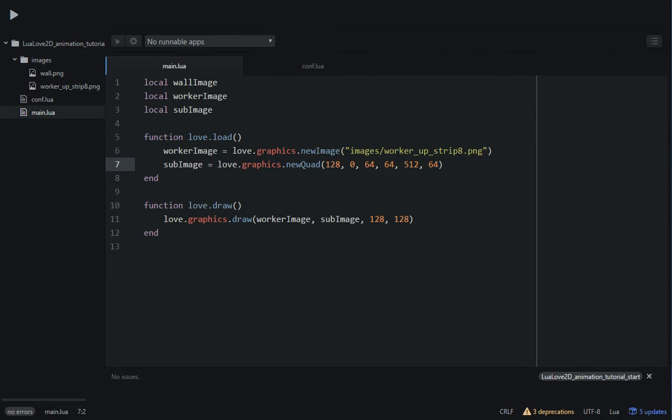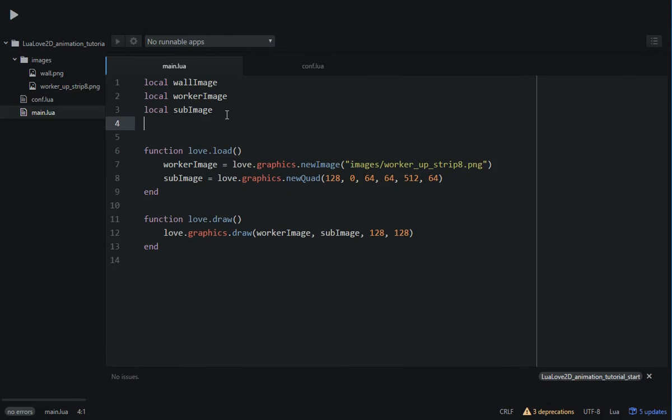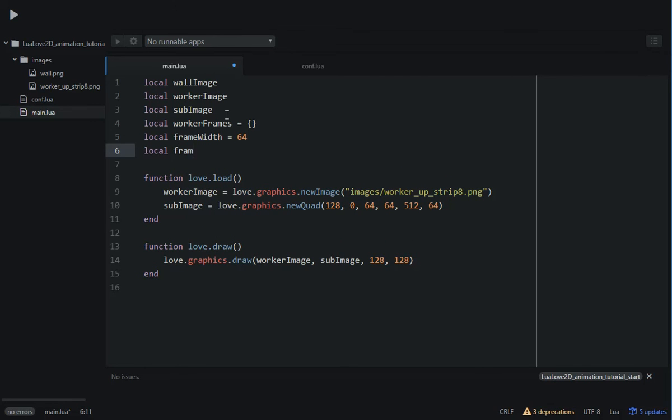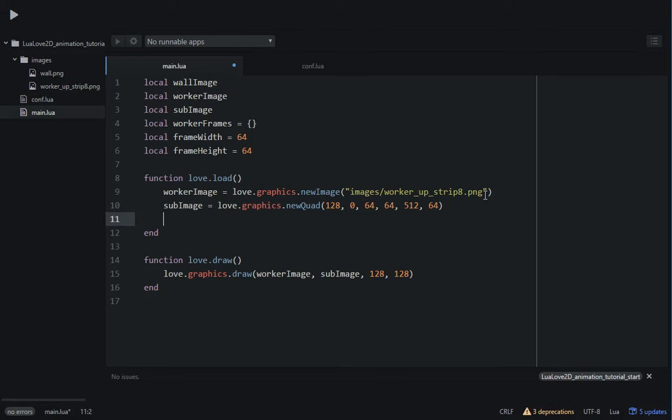Next, we want to be able to display any of those frames and switch them out as time goes by. So first of all, we need to collect all those individual frames in a table. So let's go ahead and create some new variables. workerFrames, this will hold the individual frames, of course. Local frameWidth 64 and frameHeight, so also 64. And then we're going to create a loop